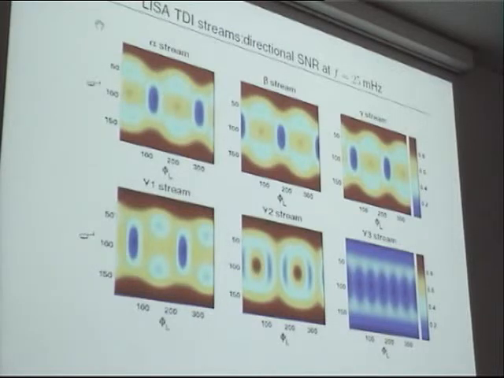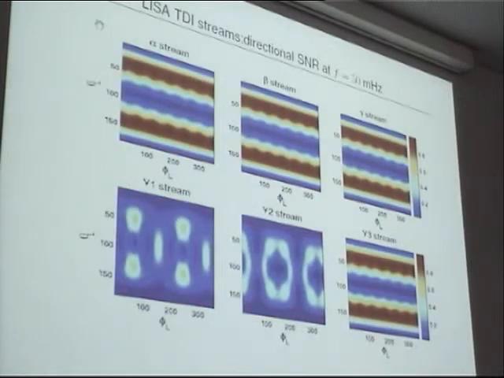Right, so this is for 25 millihertz, and if you go further, this is for 50 millihertz. So here you see that the AE becomes insensitive at 50 millihertz, whereas T, because at 60 millihertz,